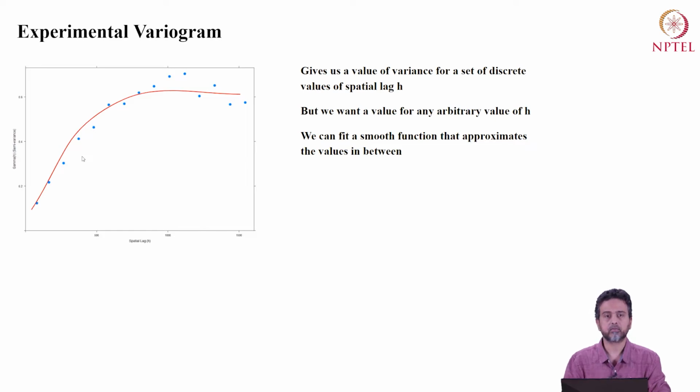That's the basic idea of fitting a model variogram. This red curve that I've drawn, I've just drawn this by hand, but we actually want to use a closed form function, and this is called a model variogram. So the initially estimated set of points is called the experimental or the estimated variogram, and the fitted variogram is called the fitted model variogram, or just simply the model variogram. So this is what we want to achieve today using R on a brand new data set.